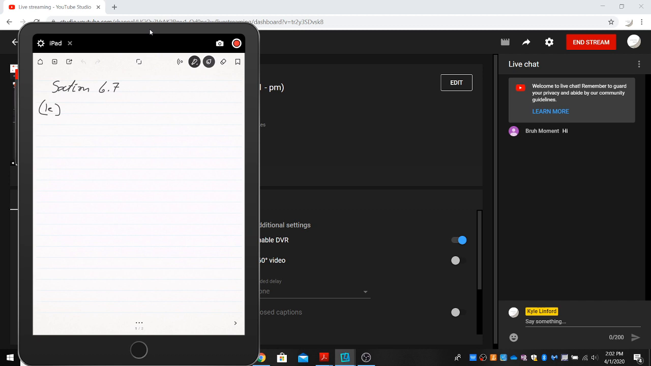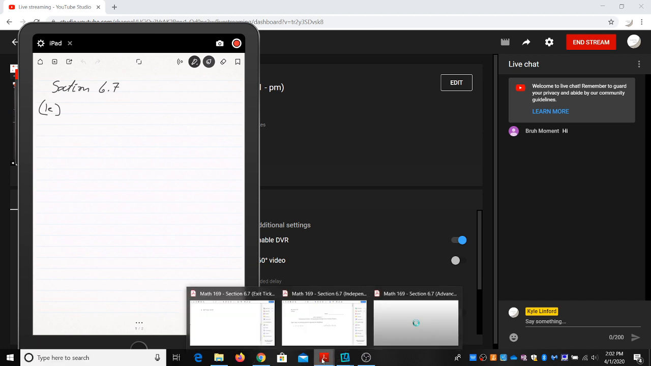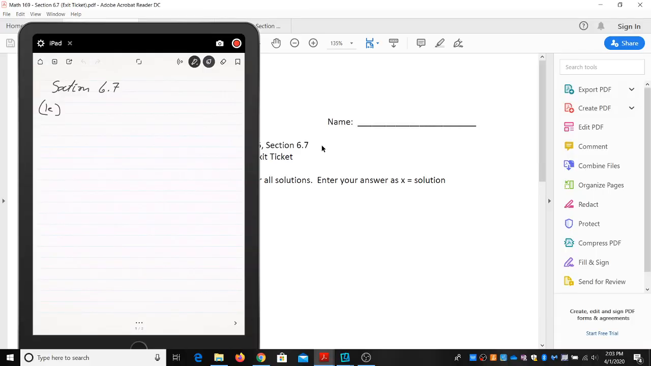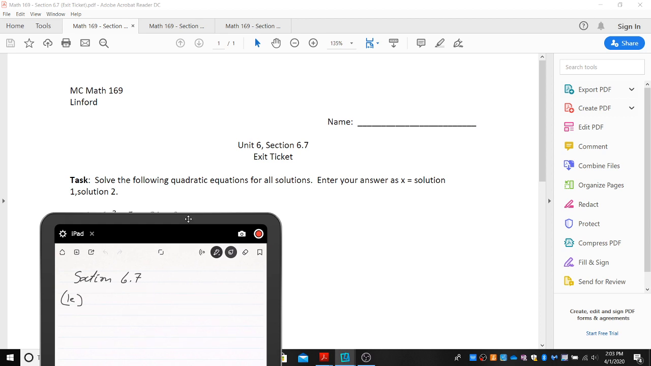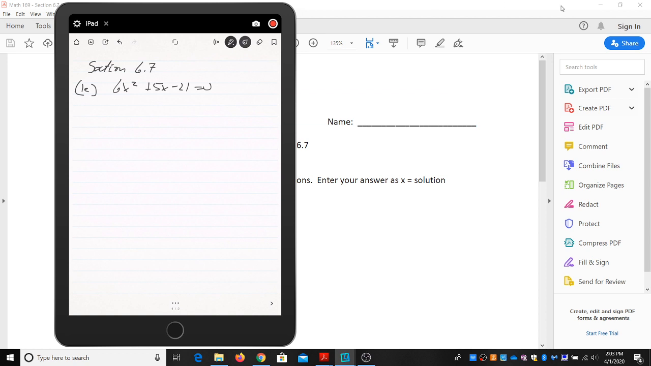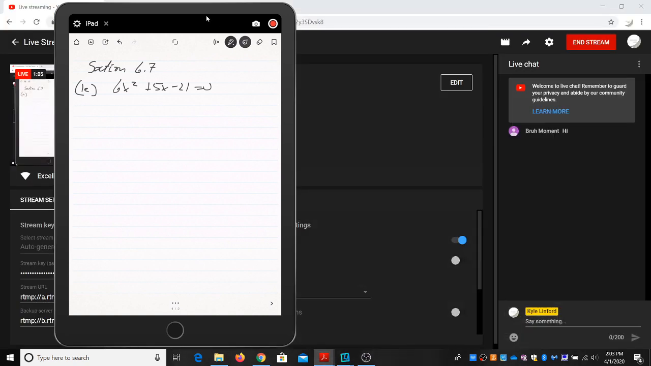Starting off with section 6.7, I figured might as well go over the exit tickets from that section. So let me throw that up on the screen really quick. The exit tickets were the polynomial 6x squared plus 5x minus 21 equals 0. Now, when it came to